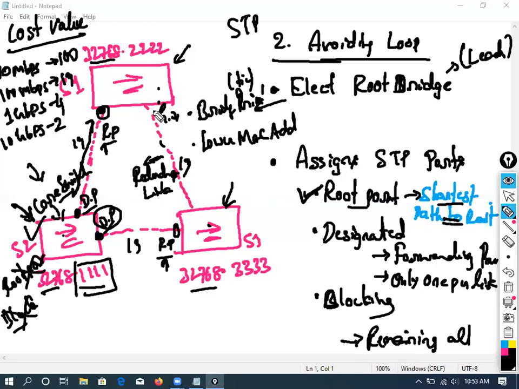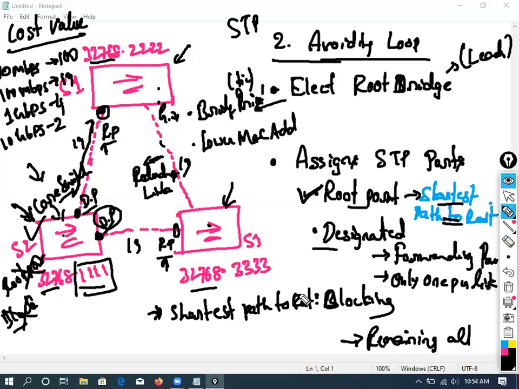Now again, both the switches will start fighting. So the calculation goes like this. If you want to elect a designated port, both the switches will look for the shortest path to the root. First point, shortest path to root.